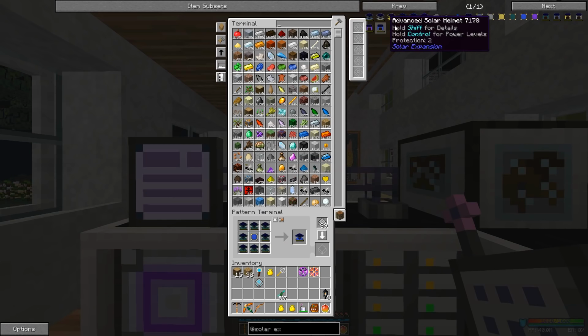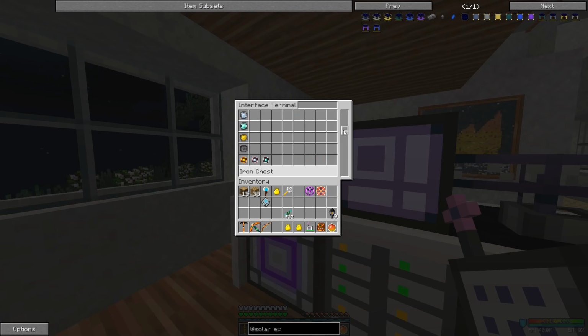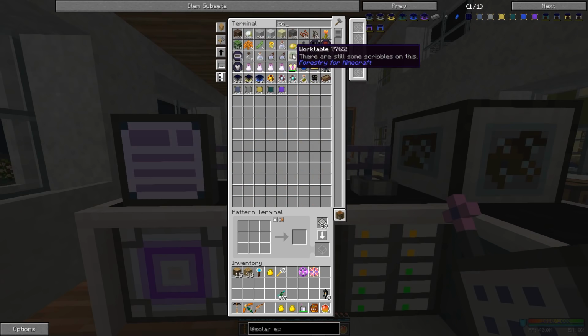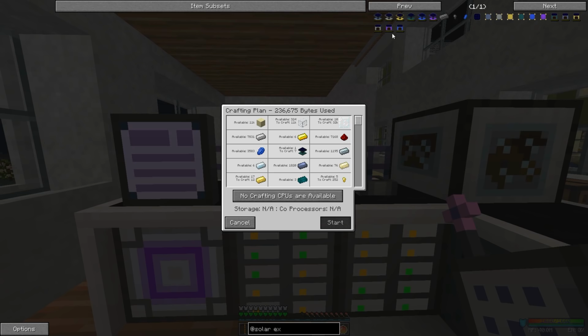But in order to set up the ultimate, we have to make an advanced. So that's what we're going to do right now. I'm going to put the advanced in here, and we're going to make the advanced solar panel. Now, let's see what kind of resources we're going to need. We already have one resonant solar panel. It's going to have to make 7 more. And in order to do that, it's going to need over 11,000 glass. Wow. In order to make 32,000 glass panes,